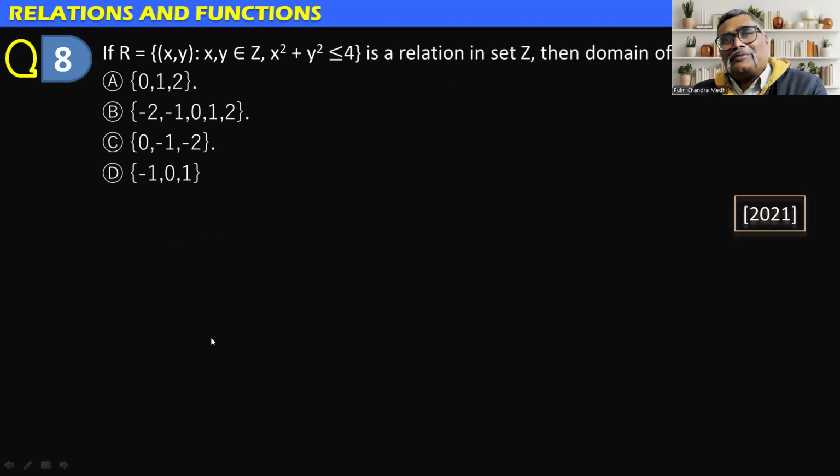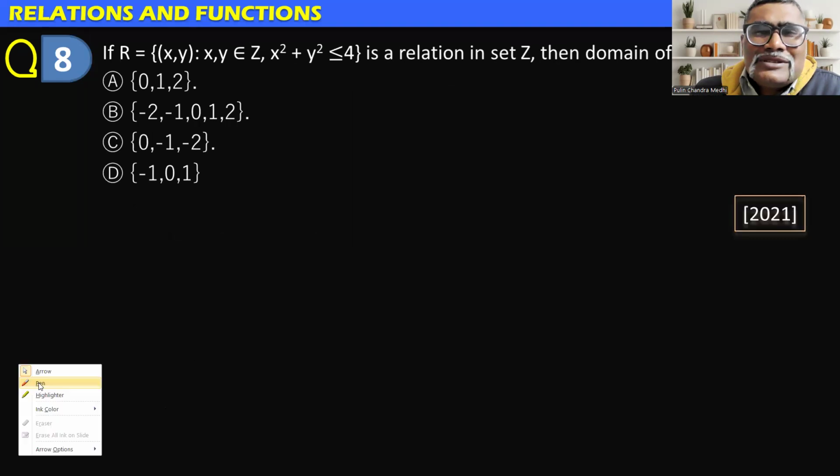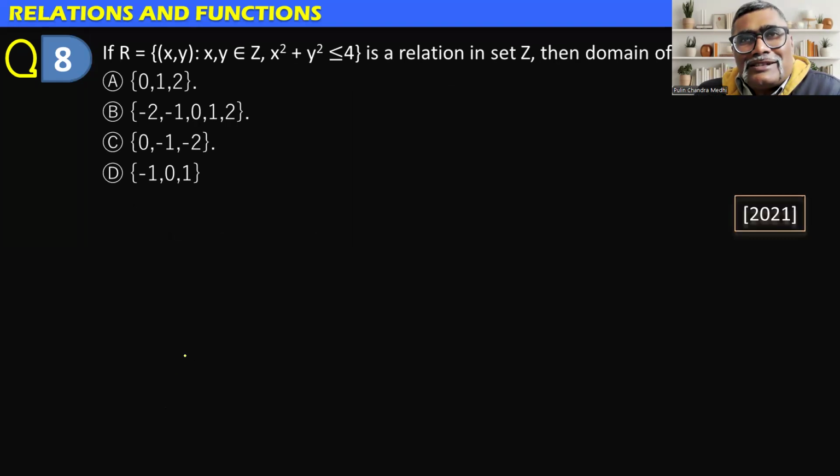Oh, that's a good problem. That's an important problem. See that? And really you can understand this. I don't want to say that it is a critical problem, but it's a very nice problem because if you think about the application of integration, you can find from that only that this part represents the circle of radius 2 and the interior, right? So it is a very good problem. See, it's an integrated problem actually. We are bringing inequalities here in the relations. Anyway,